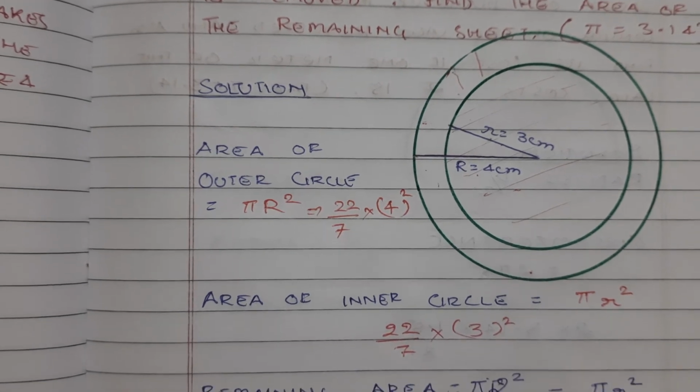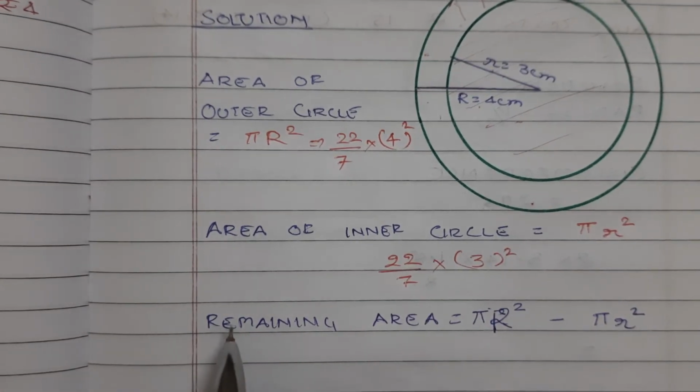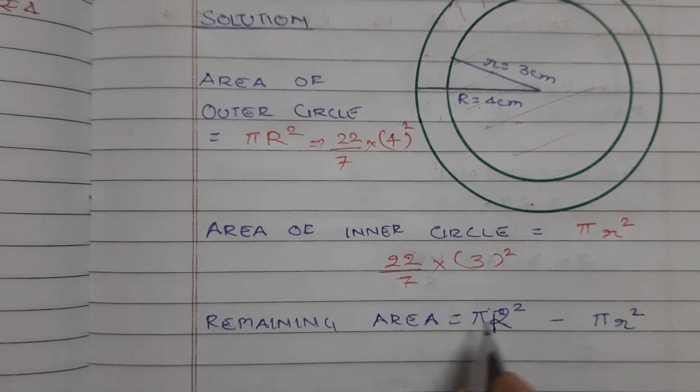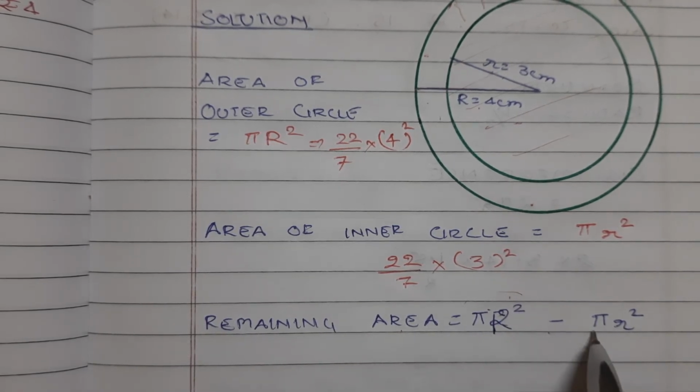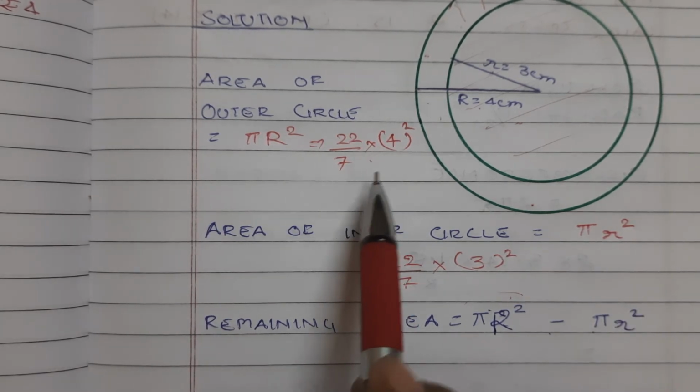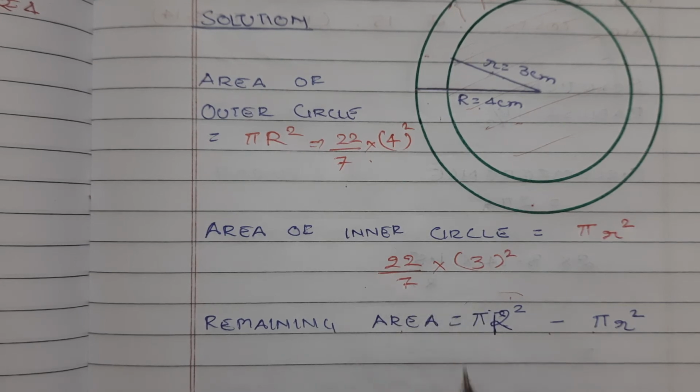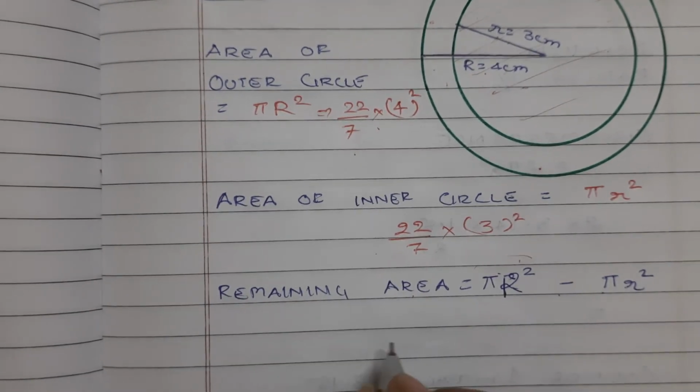Now I will be telling you how to do this question, that is remaining area. So remaining area is outer circle minus the smaller circle, that is the inner circle. So either you can calculate here only and subtract, or with this formula